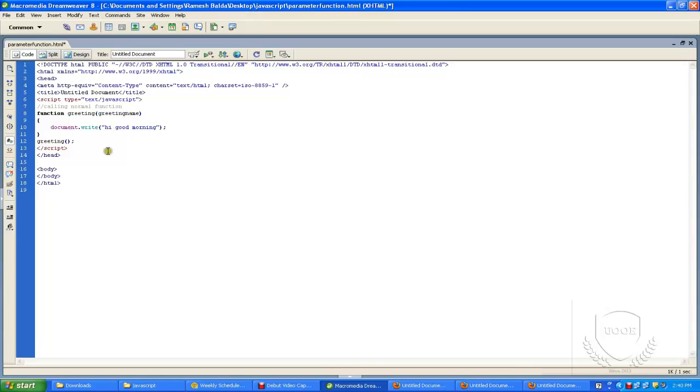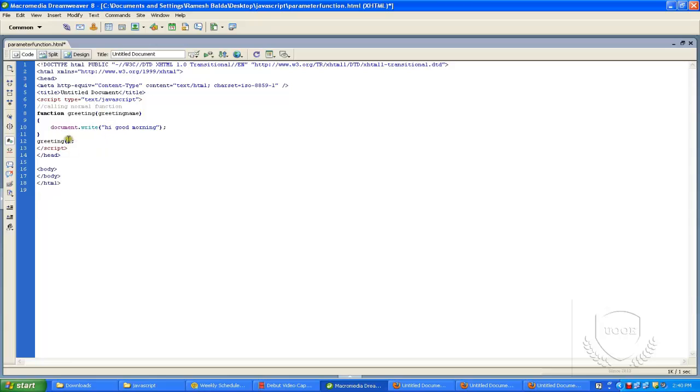A function becomes more powerful when we use parameters, which means that we can pass a variable to the function for the function to work.